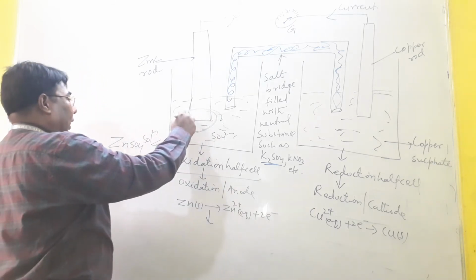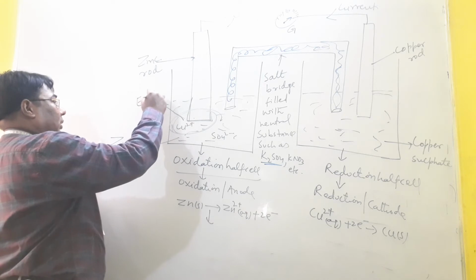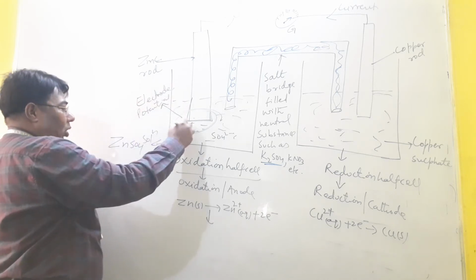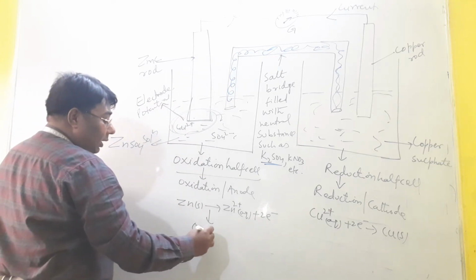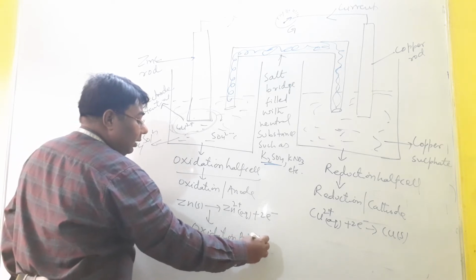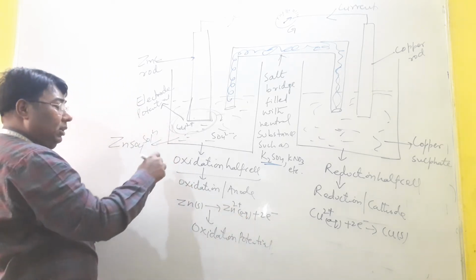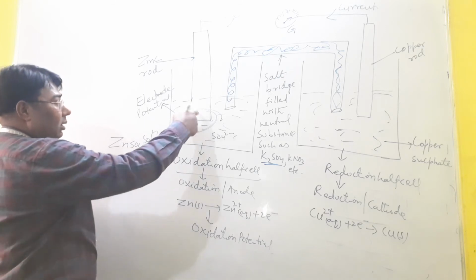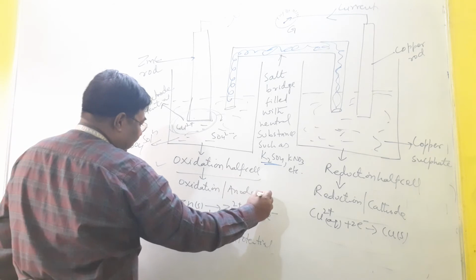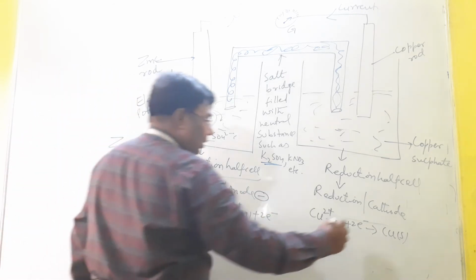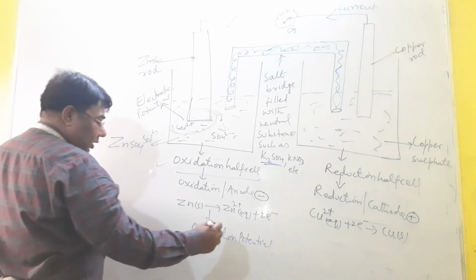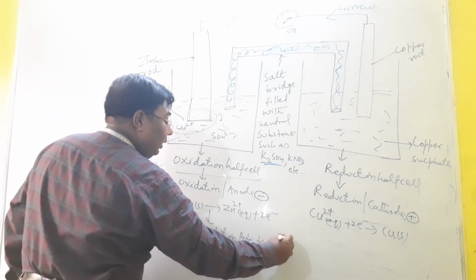So here electrode potential will develop, and at this electrode oxidation takes place. So here it is said to be oxidation potential. Oxidation potential develops in oxidation half cells at the anode, and this anode acts as the negative terminal. Here the cathode acts as the positive terminal, and the oxidation potential, or in short E ox,